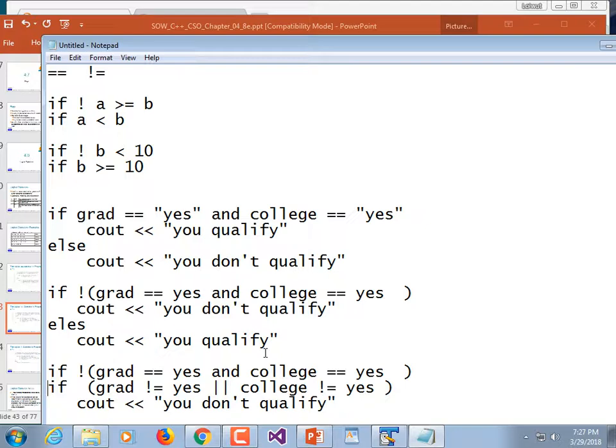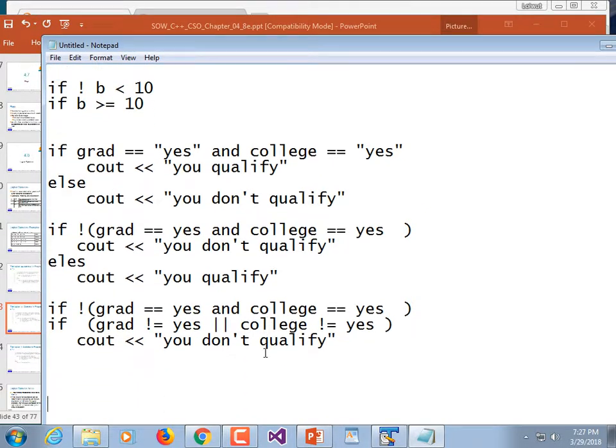And I like this expression better, right? I don't have to figure out, oh, and by the way, since this is C, we would have to put parentheses around the whole thing, which would make it even harder to read, right? We'd have to put parentheses there, and parentheses there. But ignoring that, these do logically the same thing, but I think the second one is easier to read. You're either, if you're not a college grad, or